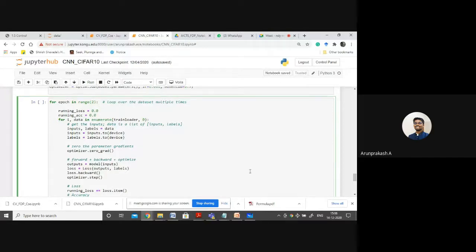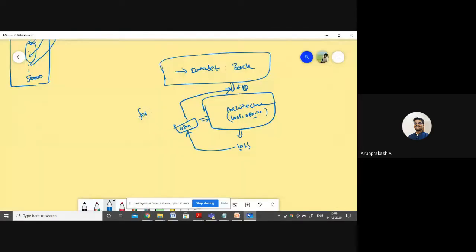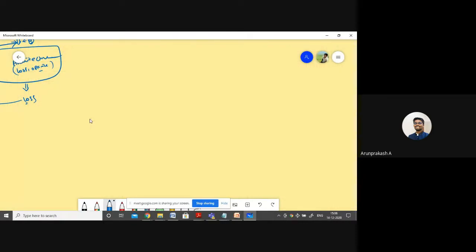This is an epoch. And again, let me tell you one topic and let me give you a break. Okay, so now I have these 50,000 images and batch size of 4. So now I have two parameters, iterations and epochs. So what is iteration? During each iteration, I take only 4 images out of these 50,000 images and pass it through the network and measure the loss. So how many iterations will be there? Since